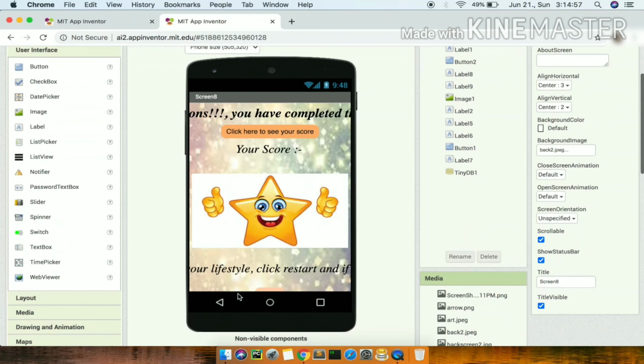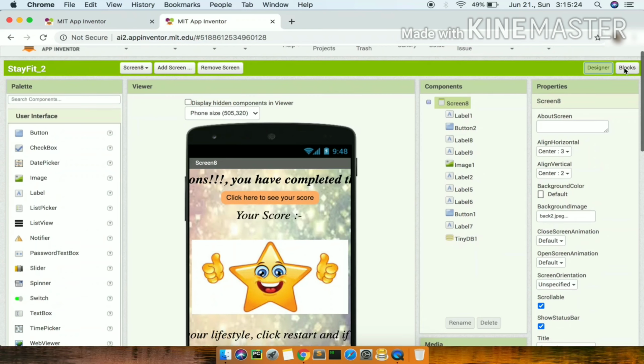You cannot see these labels properly because in the interface we cannot see these labels. This will go out of the screen. In my last to last video I already shared the interface of my app, and I explained how the app works. So here is your score. So now we go into the block section.